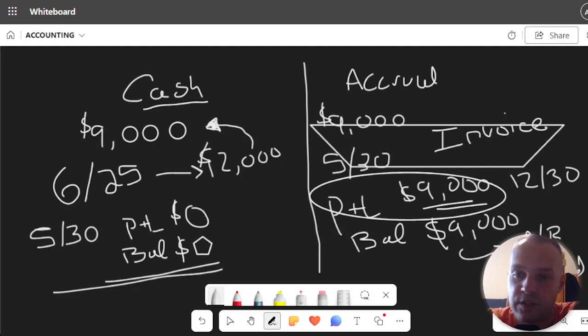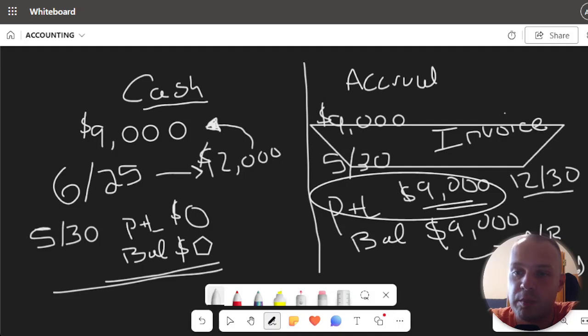That money would need to be accounted for in a different year. You'd pay taxes assuming you're going to make this $9,000, but if the deal falls through and you never earn that money, you've overpaid your taxes on it. So for that reason, I generally recommend cash accounting in your QuickBooks.